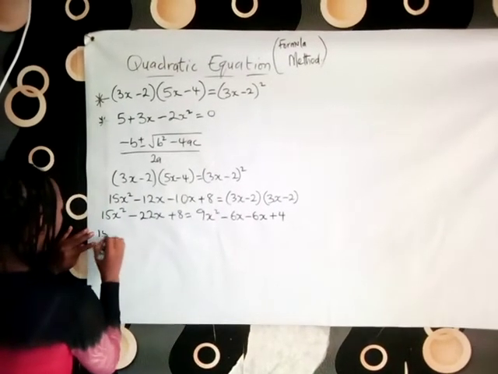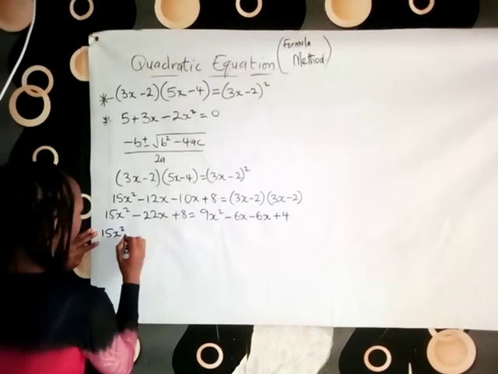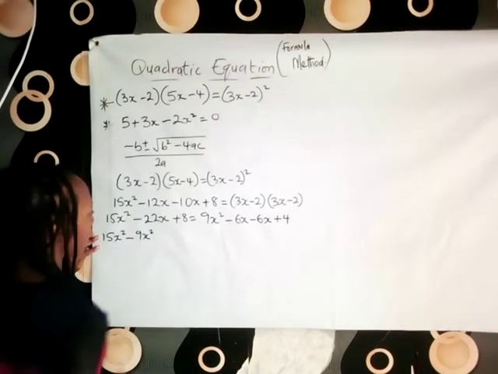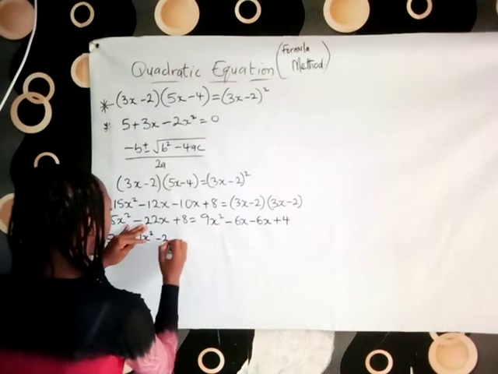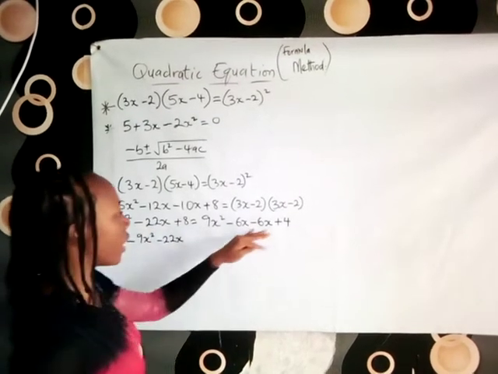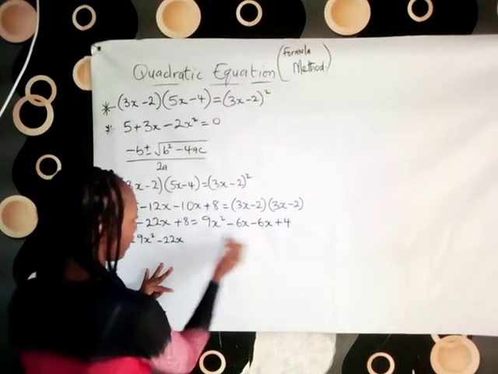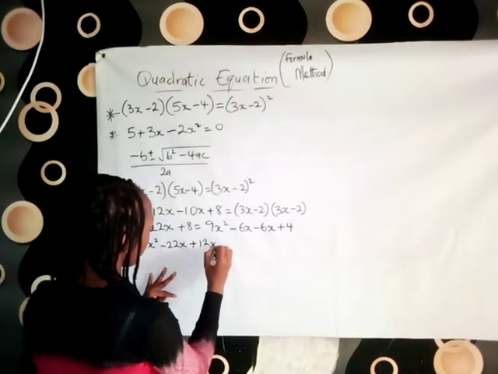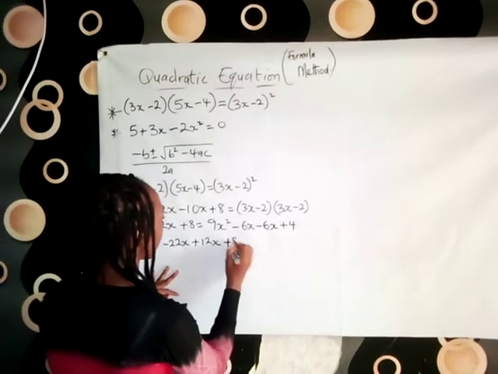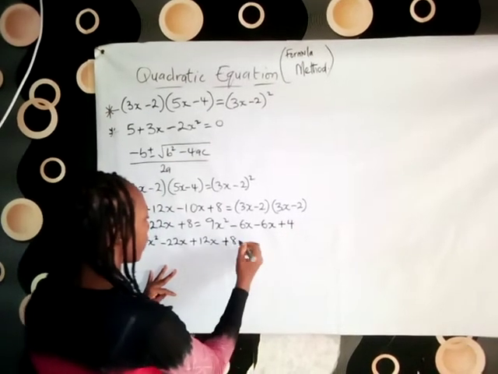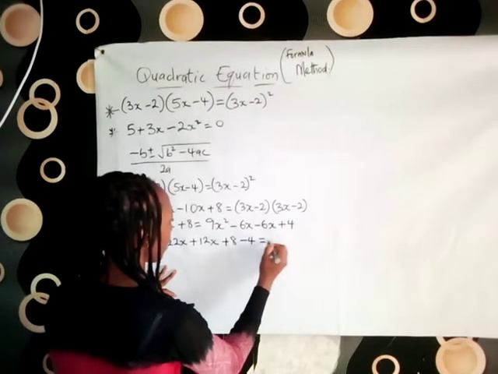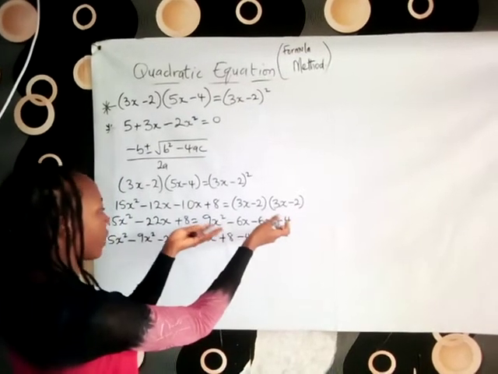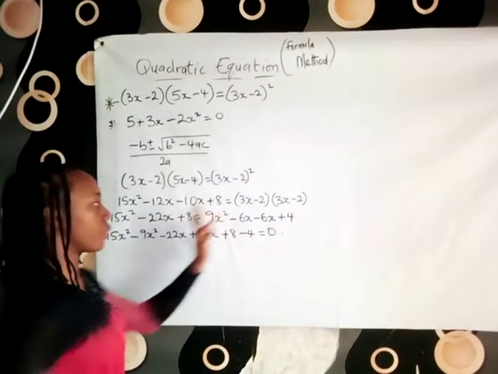So we have 15x squared. This 9x squared comes here, becoming minus 9x squared. We have minus 22x, and these two coming to this side give us minus 12x, so coming here it becomes plus 12x. We have the constant 8, and the 4 coming here becomes minus 4, equals 0. What we actually did was to remove everything from here and move it to this side, leaving nothing here,